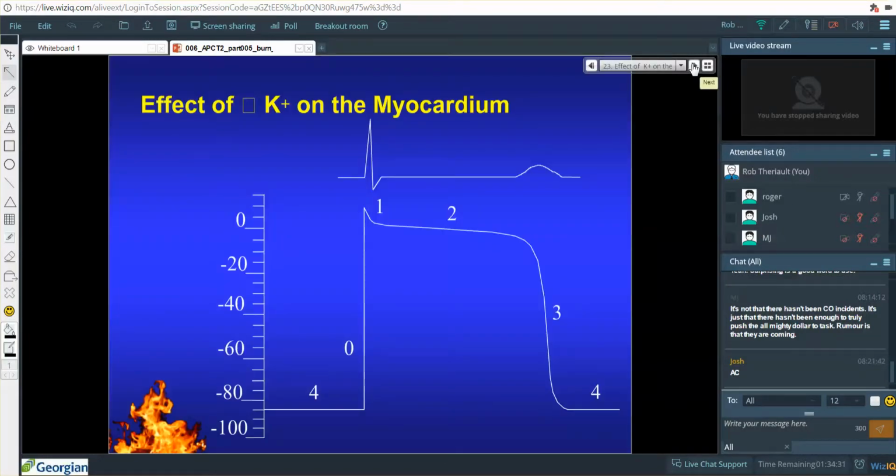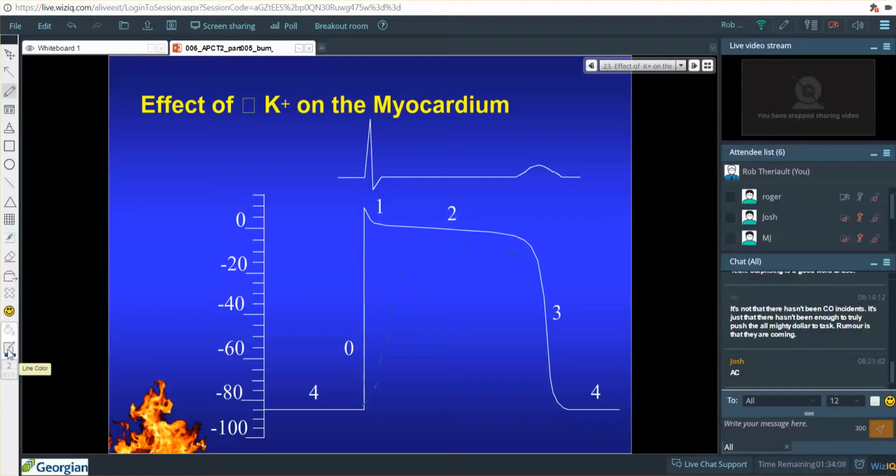And when you get hyperkalemia, you get alteration of the action potential. So with hyperkalemia, you get the action potential that sort of goes like this instead, and the repolarization, this sort of lettering is not very